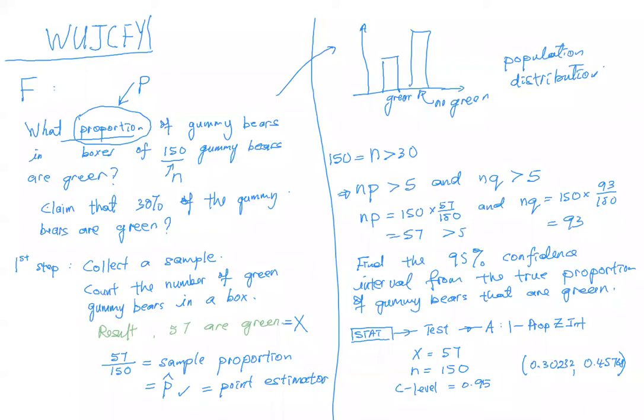So what you need to remember is this one, and you need to remember it when you talk about proportion. That's it. Your sample proportion is your point estimator. Then from there, you use your calculator, one-prop Z interval, to predict. So the way you write will be, we are